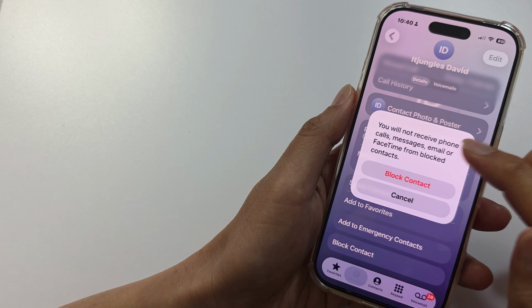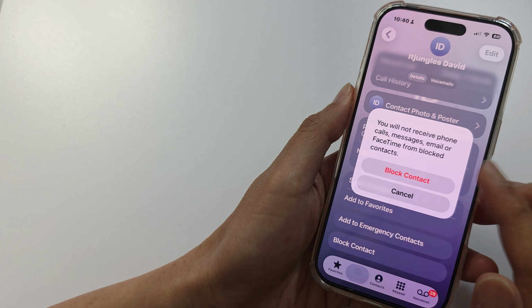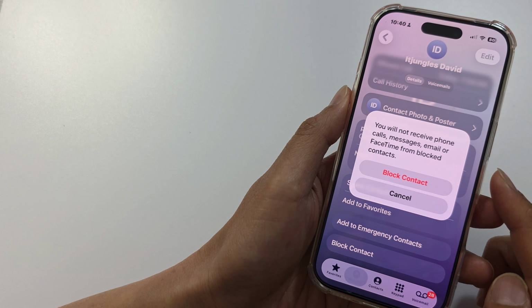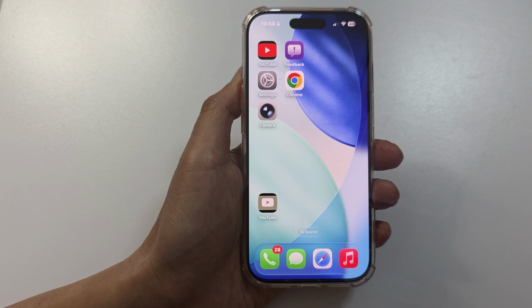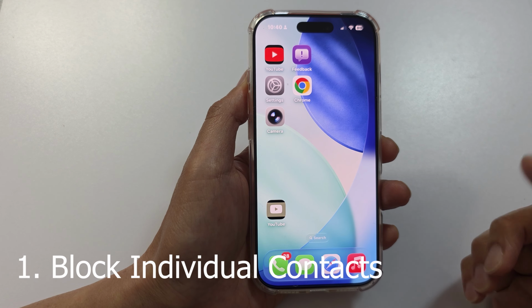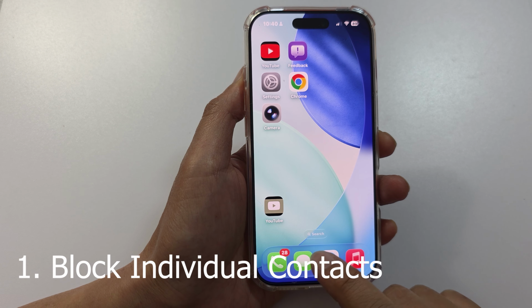Hi everyone and welcome. In this video, I'm going to show you the 4 different methods of how to block spam calls on iPhone. Okay, first off, if you want to block a single call or from a contact, you